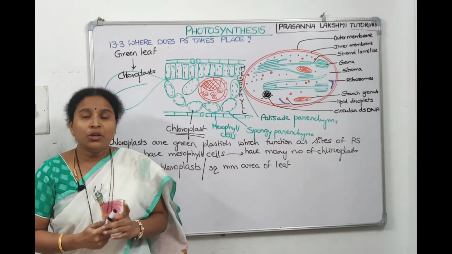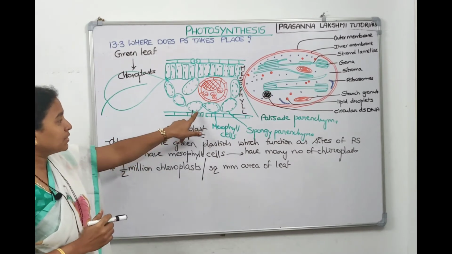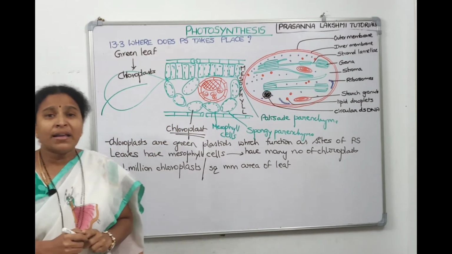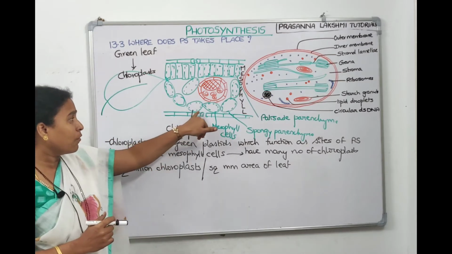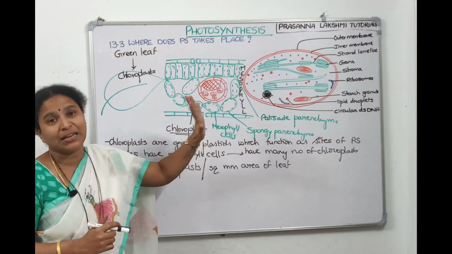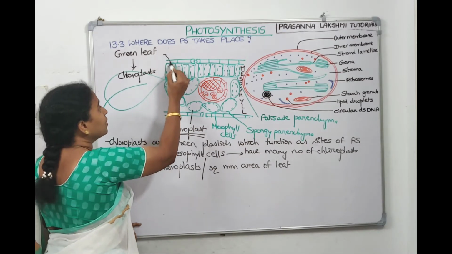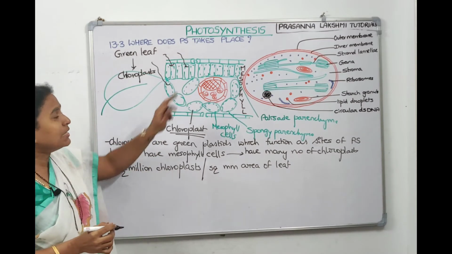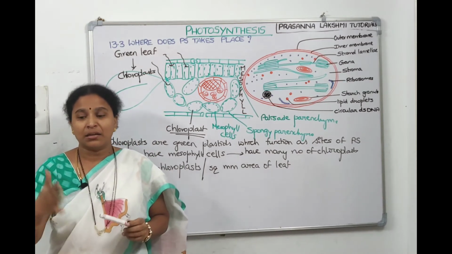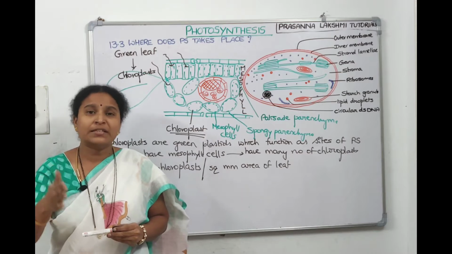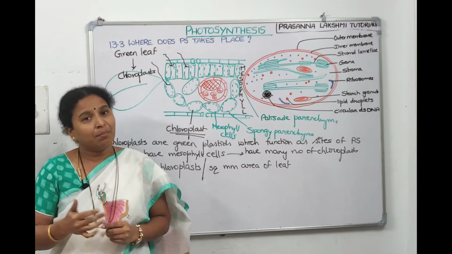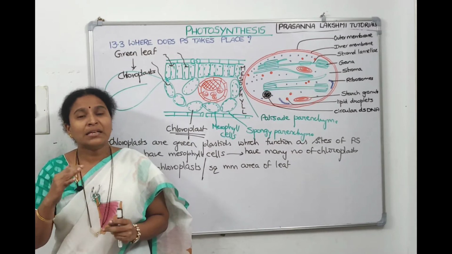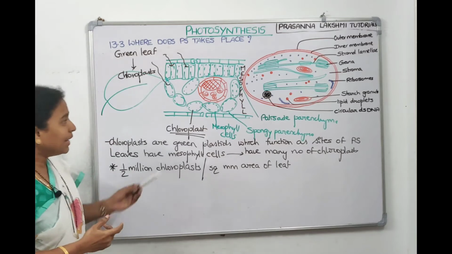And I told you, usually the mesophyll cells have chloroplasts present at the surface on their walls. Why are the chloroplasts present near the walls? So that they can trap as much sunlight as possible. Sunlight can strike them directly. Instead of chloroplasts being inside, if they are adjacent to the walls of the mesophyll cells, they can absorb the sunlight in a better manner, right? In NCERT they have asked you a question. So when the chloroplasts are able to move, take a screenshot, we will discuss.